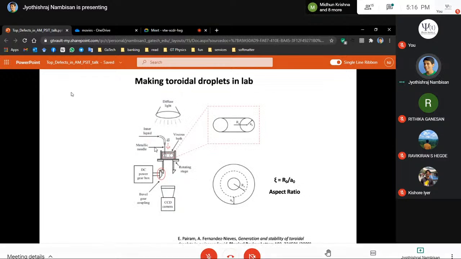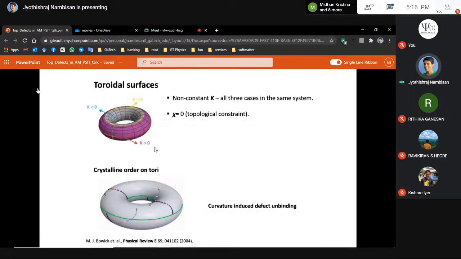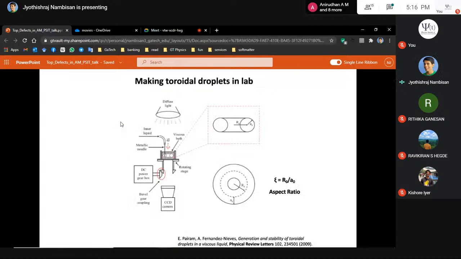So the other key question is, how do you make a torus, right? Since these are fluids, you know that by surface tension, all fluids end up being spherical, right? How do you put a hole in a fluid substance? That is another thing which my lab has expertise in. We make fluid droplets, toroidal droplets, or actually droplets of any shape. We basically 3D print fluids inside fluids, depending upon whatever we need, by a very simple technique,